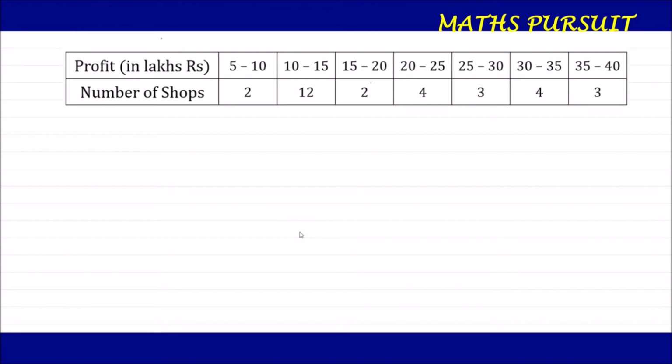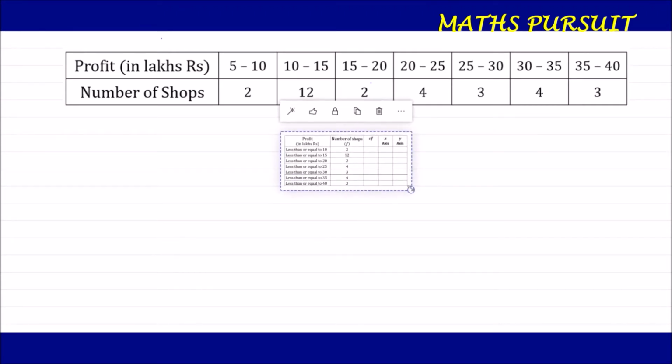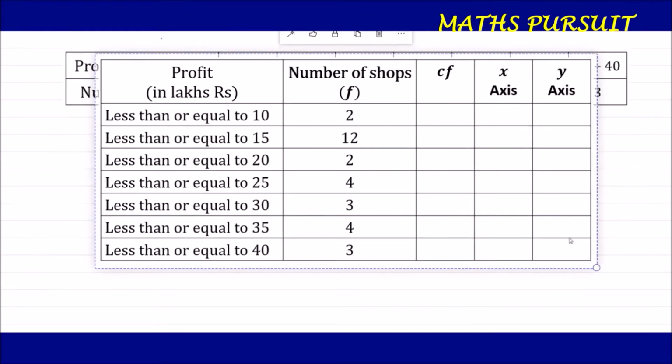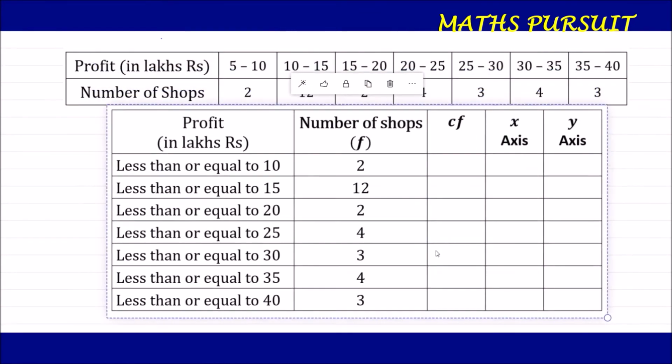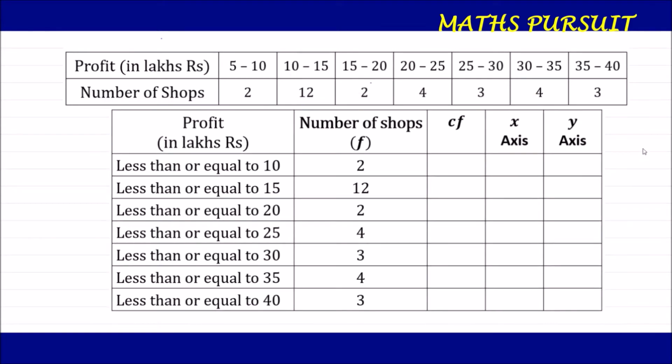So for the purpose of the less than ogive curve, we also need to focus our attention on this given data. Now I'm going to again put the less than ogive data in a tabular form. So let's see how I'm going to put it in a tabular form. So guys, here is the data represented in a tabular form. Now let us focus our attention on this data and see how we are representing this data as a less than ogive curve. Now if we are going to draw a less than ogive curve, we need to represent the data as less than or equal to.